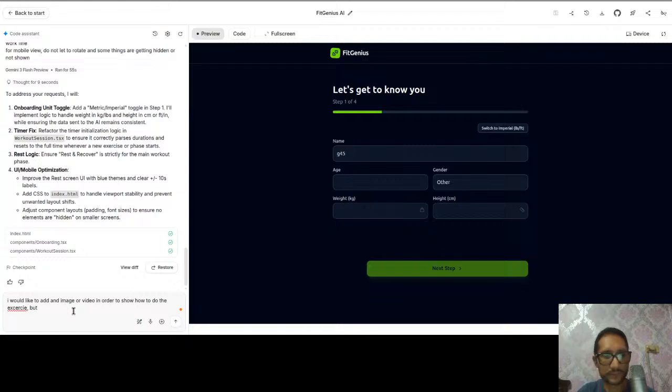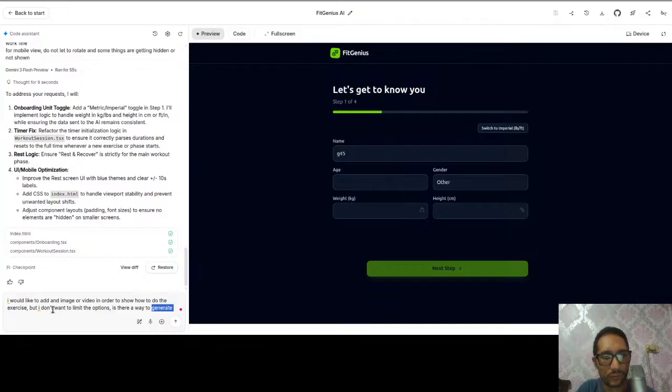But I don't want to limit the options. Is there a way to generate, well, not to generate, I don't want to generate because it will cost a lot.